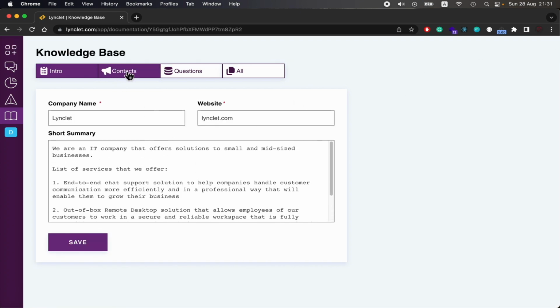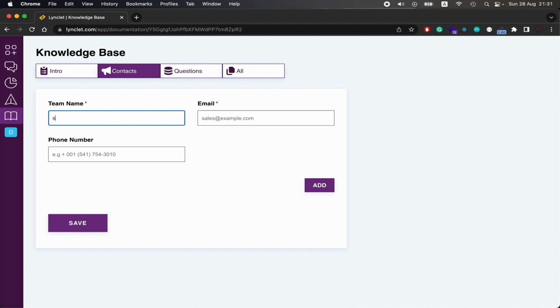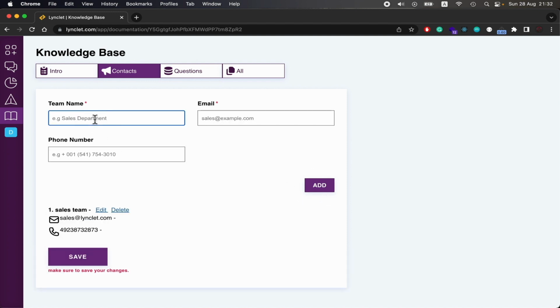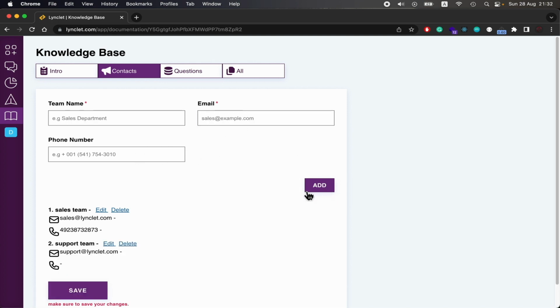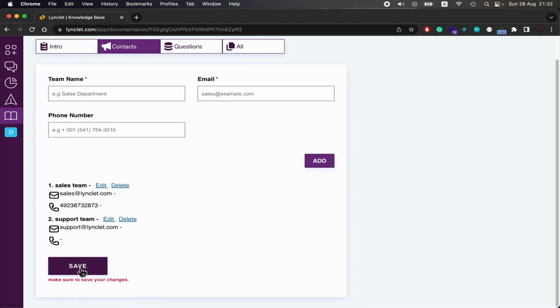to keep your data. You can also add contacts, for example, sales team, sales@inklet.com, and also you can add the number if you want. Make sure you click on the add button like this, and let's add support team as well. I'll show you what it looks like in a minute. inklet.com, add. Also don't forget to click save,